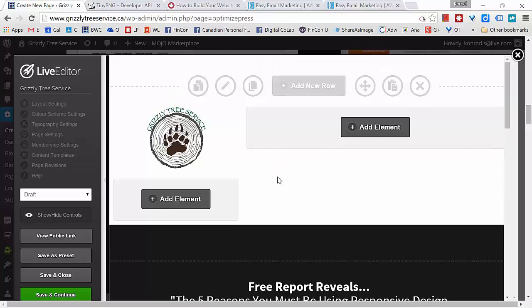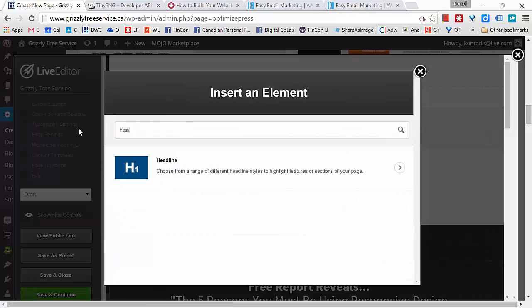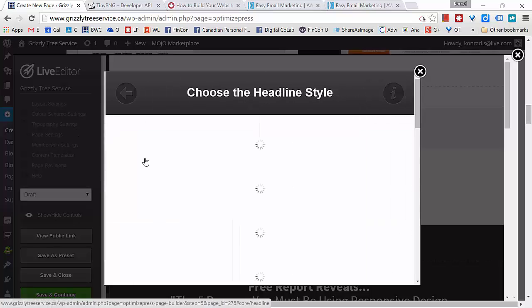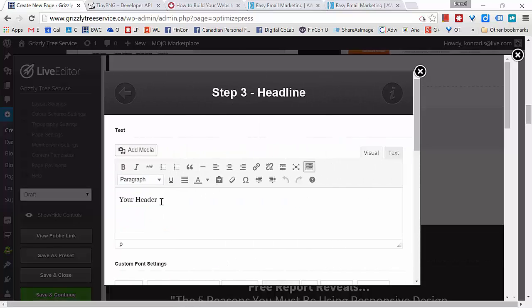Now here, I wanted to add some sort of headline. So I'm going to click Add Element. I'm going to put in headline. There we go, headline just pops up here. And here I have different options for the headline. So I like this one where it's a headline and there's this little gray underline underneath it. So I'm going to click on that. And here I can type in the header. So I'm going to type in professional tree